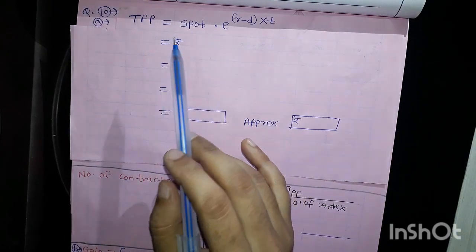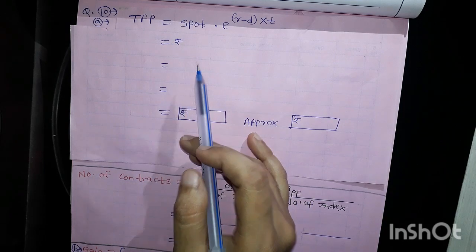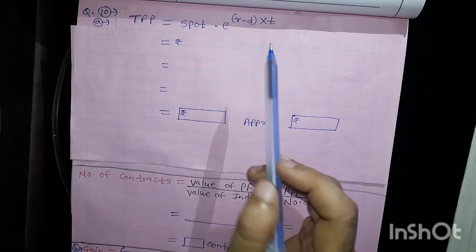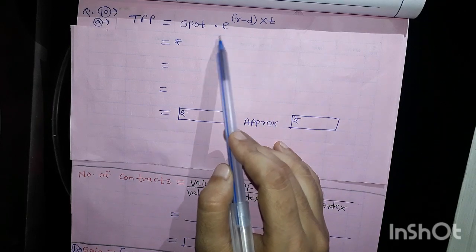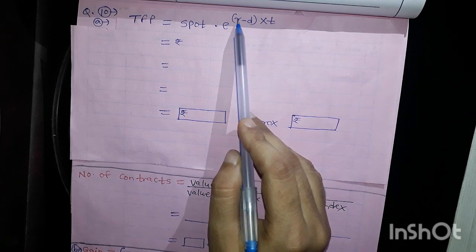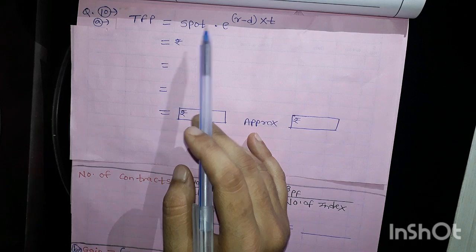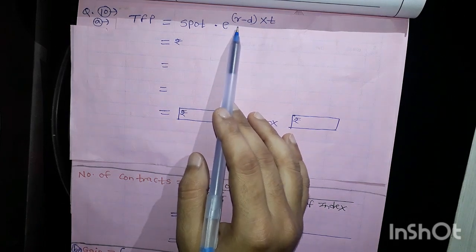But in that carrying cost question there was somewhere 4% like that, and that is a continuous compounding. So here we just added R plus C. Okay, if you remember, so R plus C multiplied by T we did. Now in this question also we will see that kind of formula.